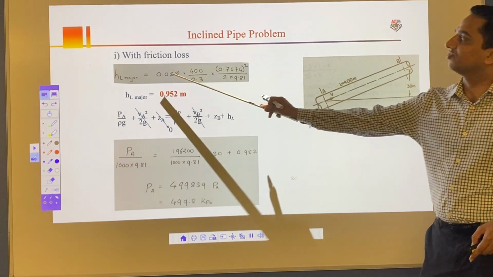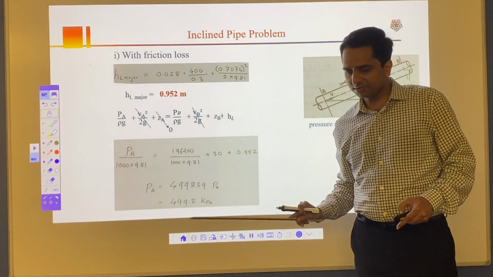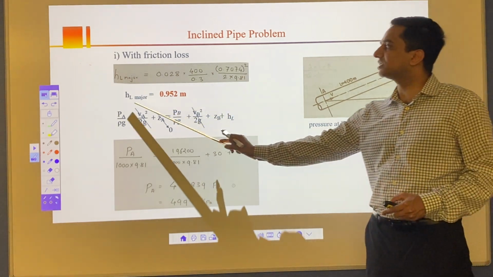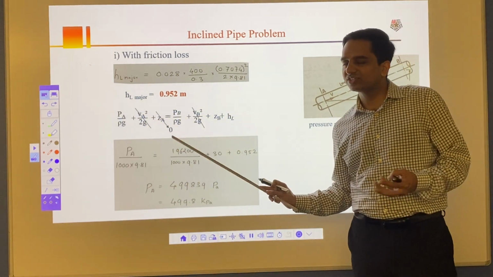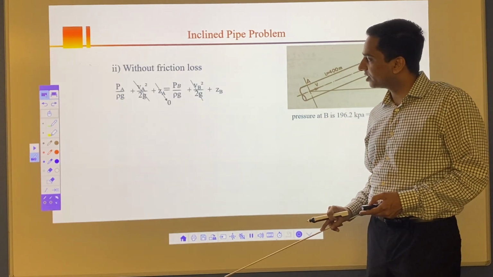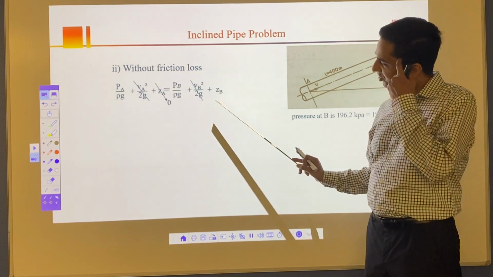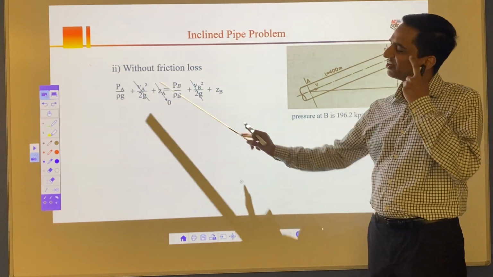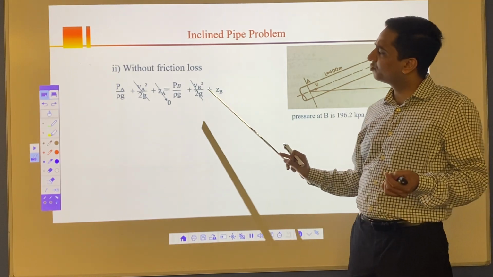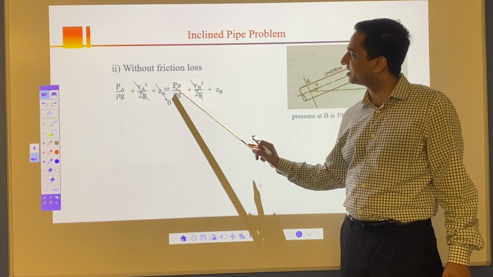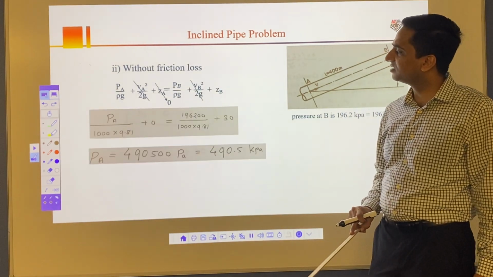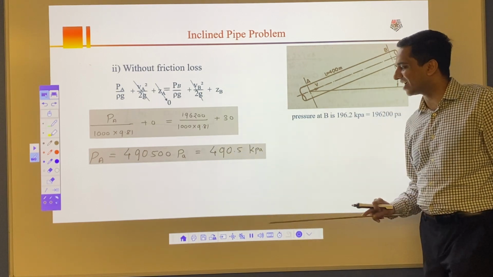Now that's the first part, with friction loss. Without friction loss, we want to know how much pressure at point A if we don't consider this friction, if we don't consider this HL measure, any friction loss, in that case what will be the PA. So here what we do, we run Bernoulli's equation without HL. This is just the basic equation that we learn in chapter 3. You put your equation here, you have to calculate PA, 196,000, Z_B, and then you just put the numbers in, and then you should get final number is 490,000 pascals.